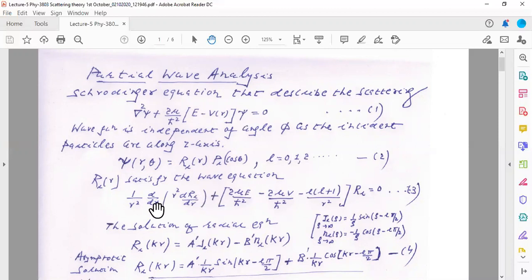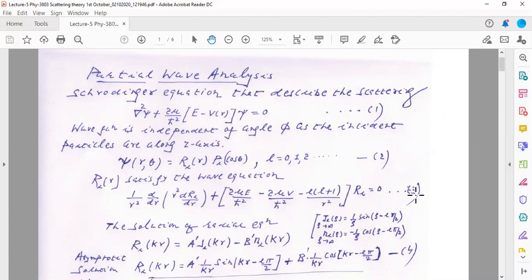And we wrote the solution of the radial wave equation when the potential V of r is 0. So when a particle is very far from the scatterer, when it does not experience a potential, then V is equal to 0. So when you consider V is equal to 0, and when you solve equation number 3 in the case where